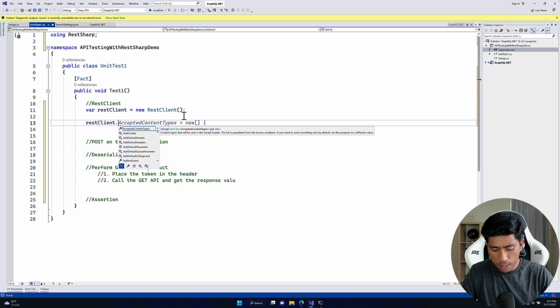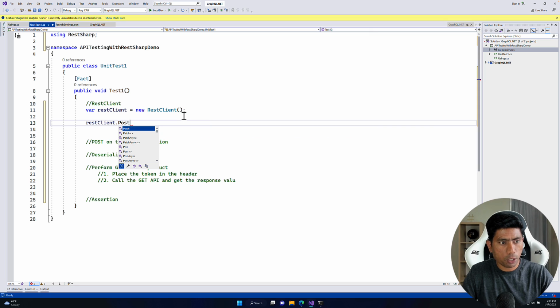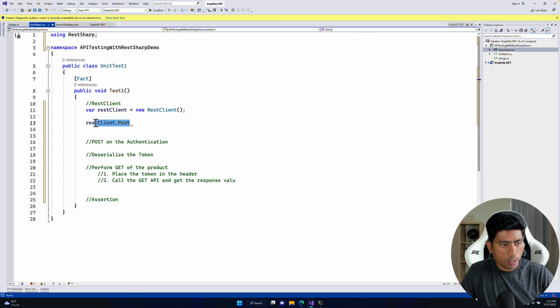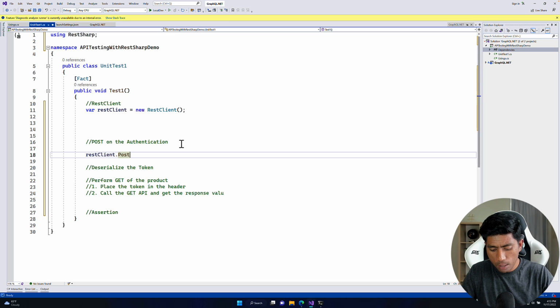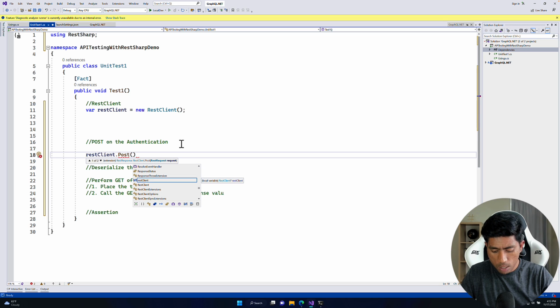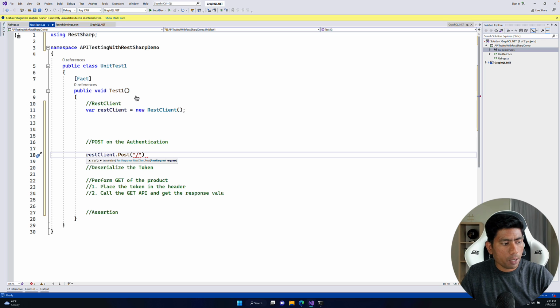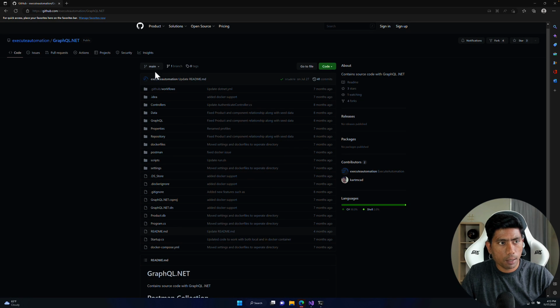So let's do that. REST client dot, I'm going to do a post operation. So why not just cut this particular code and let's go step by step over here. Within this post, I'm just going to call a post operation for the API, which I don't know exactly. I think if we just go back to our code here,